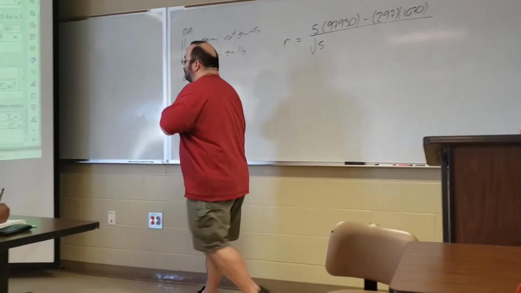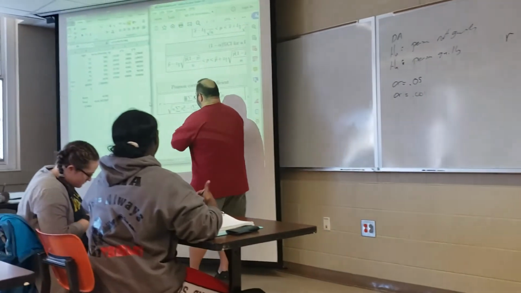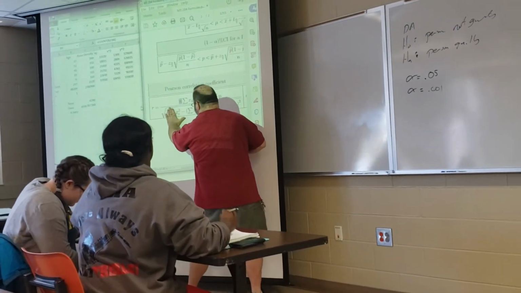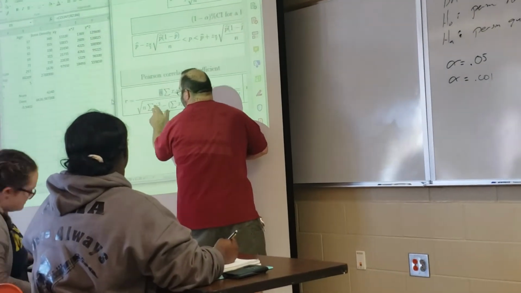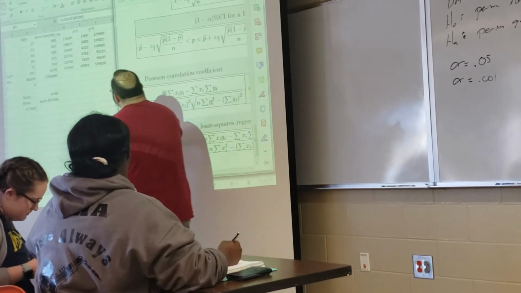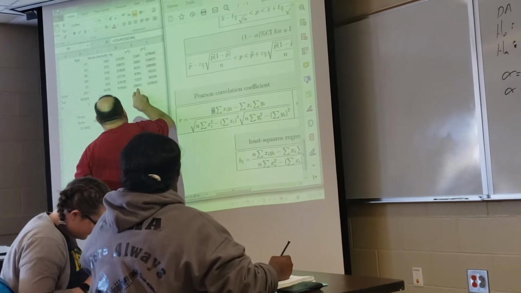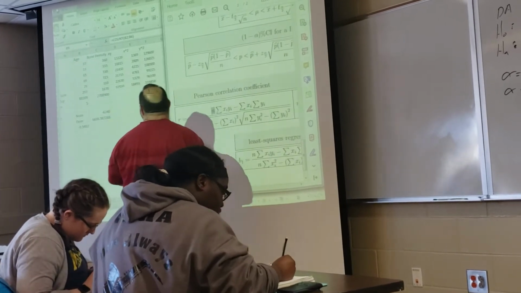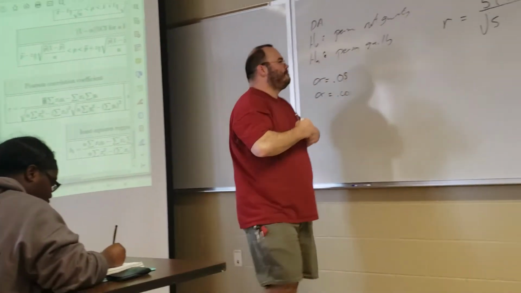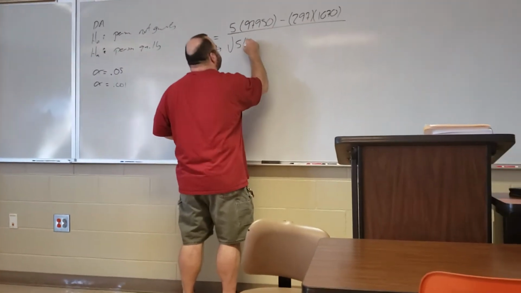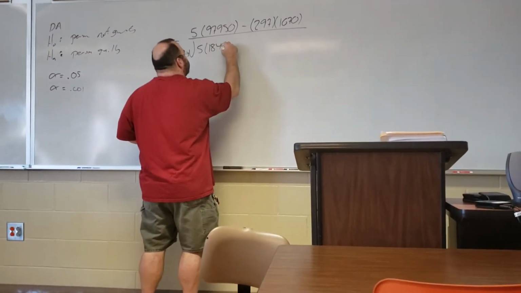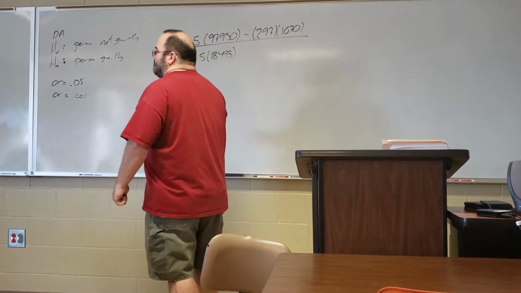Times, now again, notice the order you do this in is you've got to square your x's and then sum them up. So there's my squares of my x's summed up. That's 18,493. Minus,